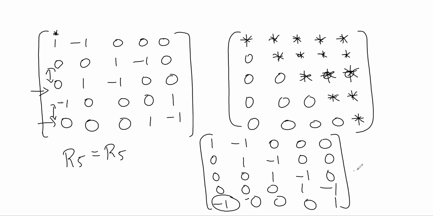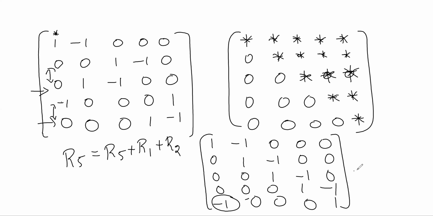To make this leading element 0, which operation do you have to apply? Can you apply with the R1? Yeah, sir. So if you apply R5 plus R1, the first element will be 0. What about the second element? You will get -1. Correct. So you have to make the second element also 0. That means if you want to make that 0, you have to apply with the R2. Are you getting why I am applying R5 with the R1 and R2 at a time?